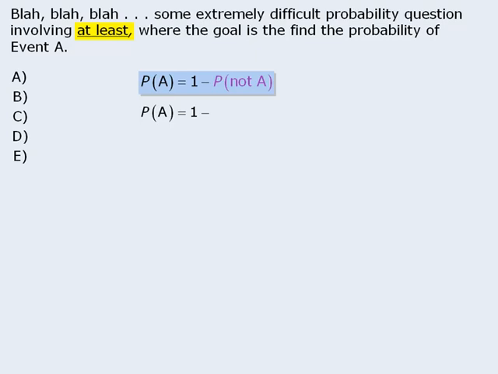This means we must determine the probability that event A doesn't occur. Now let's pretend that once you perform your calculations, you find that this probability is equal to 0.3. When you add this to your original calculations, you see that the probability is 0.7 that event A occurs. So since this is the correct answer, you must make it one of the answer choices. Your task now is to create 4 incorrect answer choices, or distractors, that might appeal to test takers.